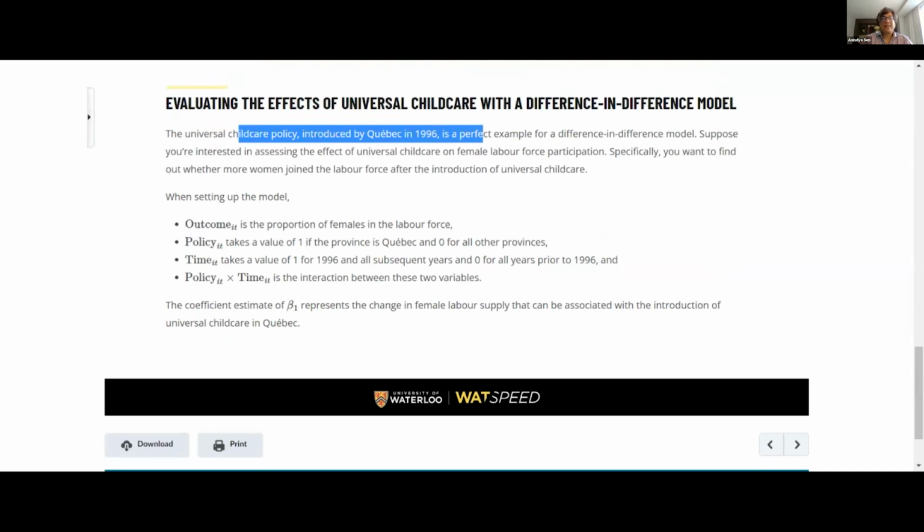So then you would construct one dummy variable for Quebec, which takes a value of 1 from 1996 onwards and is 0 in Quebec for previous years and 0 for all other provinces. So the idea is that we have a natural experiment in order to assess the effects of universal childcare, because Quebec went ahead and did it in 1996, and no other provinces